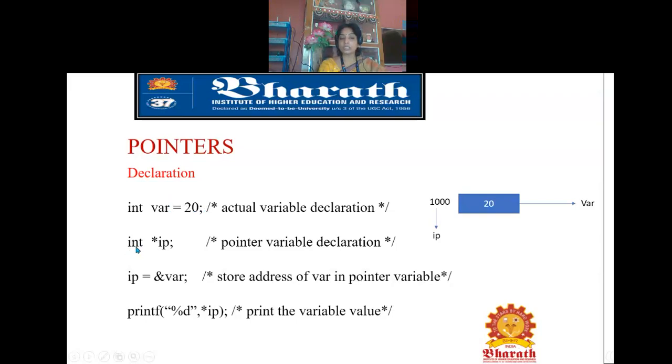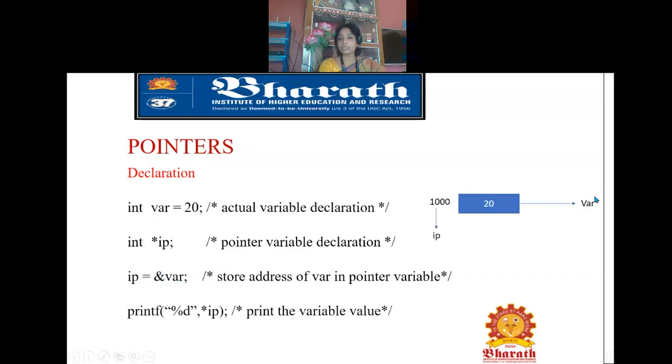The pointer variable declaration is represented like this: int star IP. So this IP is going to be my pointer variable to this variable var. To point this pointer to this variable, I have to give the address of this variable to the pointer variable. So IP is assigned with the address of the variable var.